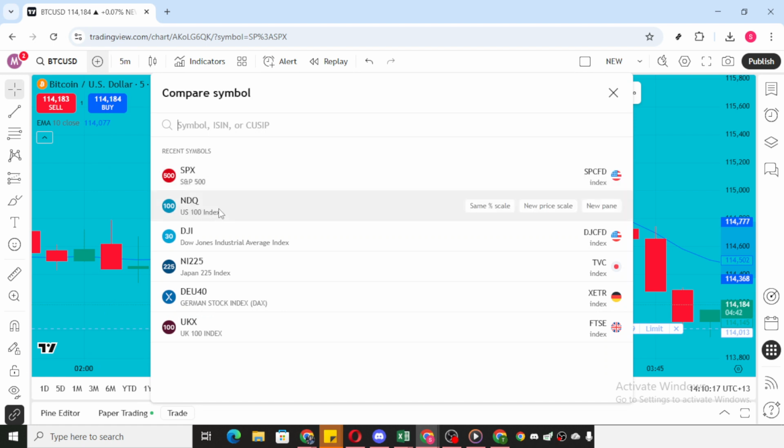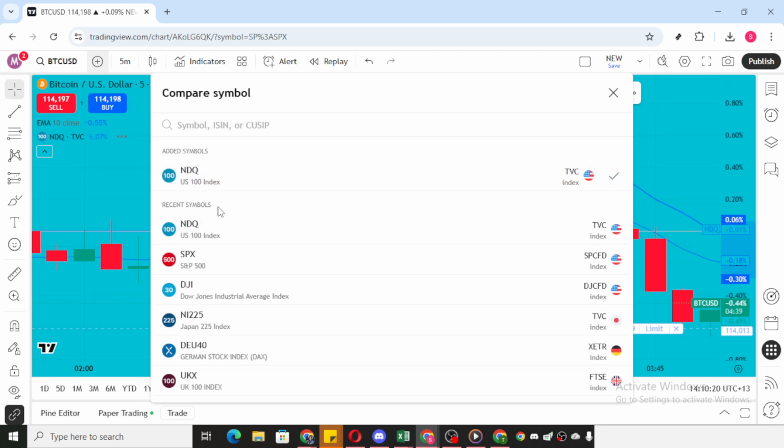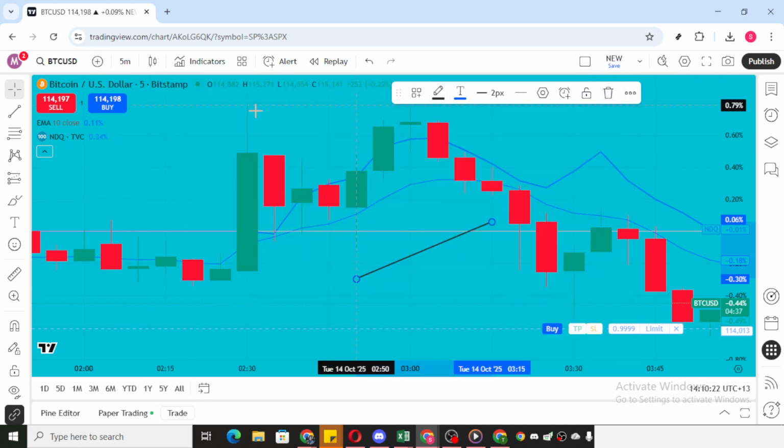After clicking on Compare Symbol, a small dialog box will pop up. Here, you can select the asset you want to compare your current chart with. Simply enter the ticker symbol or the name of the security you're interested in. TradingView provides a vast array of stocks, indices, and other financial instruments to choose from, so you'll likely find exactly what you need. Once you've selected the desired symbol, TradingView will automatically generate and overlay the new chart on top